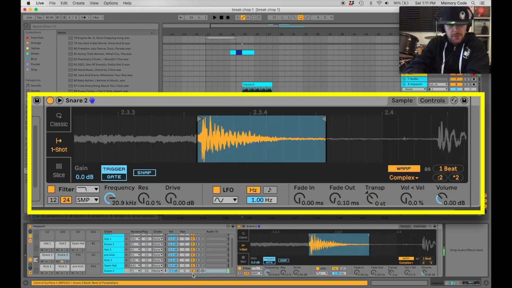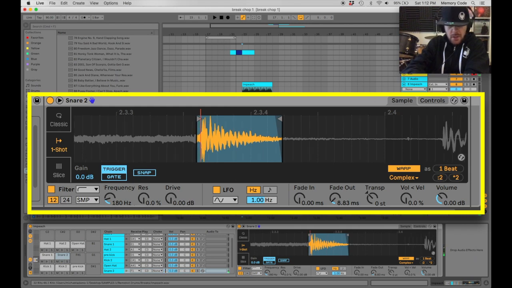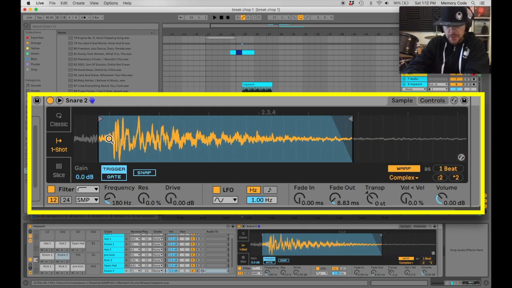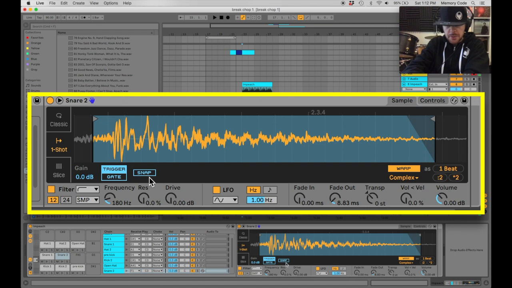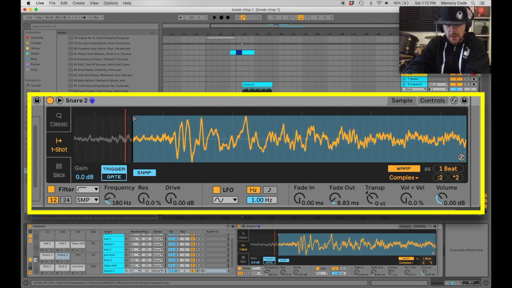I'll give that a little bit of drive also. Alright, and I'll do this next snare the same way. Bring in that end time a little bit. Put a little fade. 12 dB cut. High pass. Set it to 180. And this one has a little bit of a weird start time. You can also turn snap on. And what that does is automatically puts the start and end point